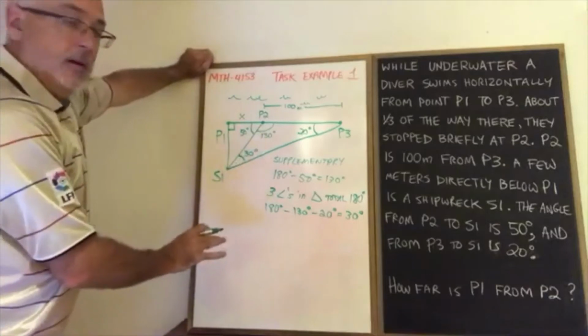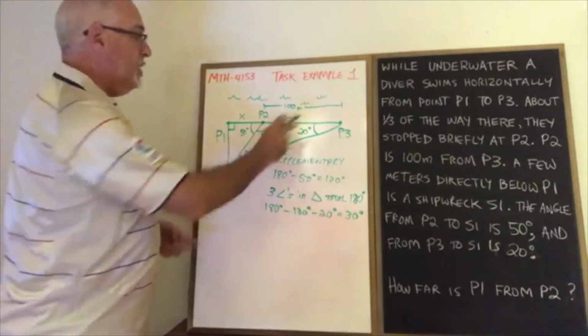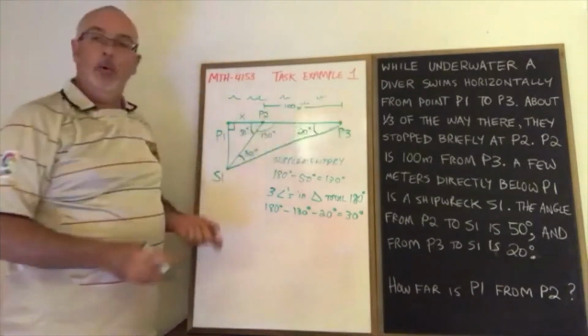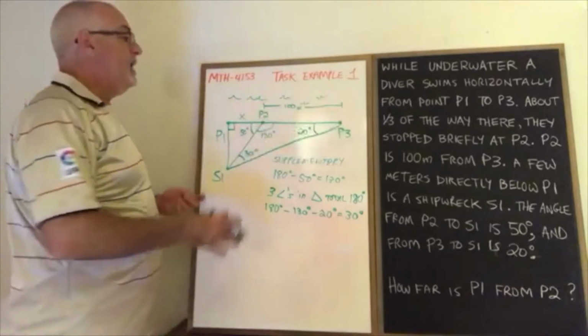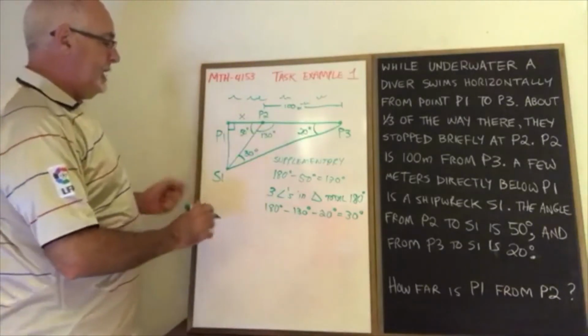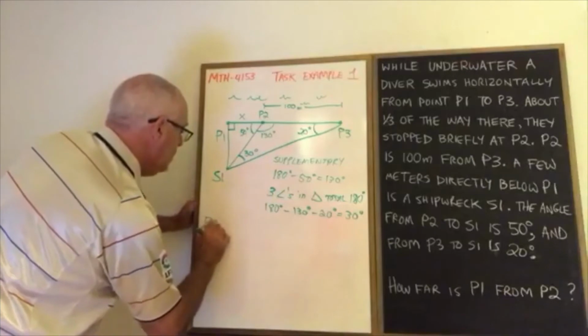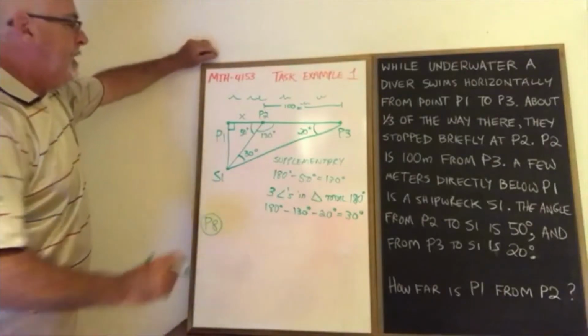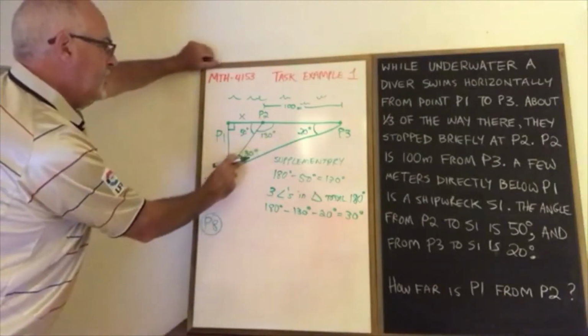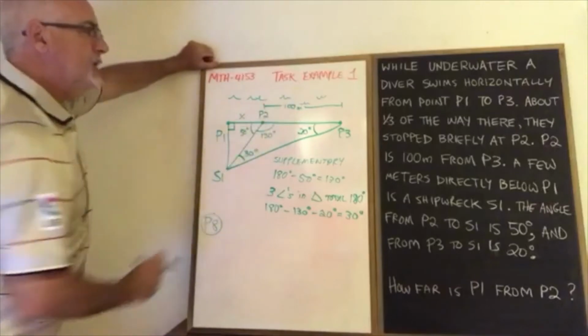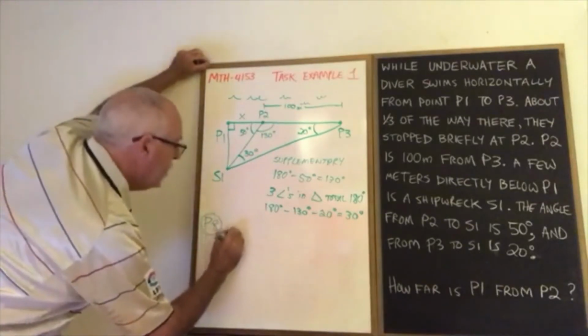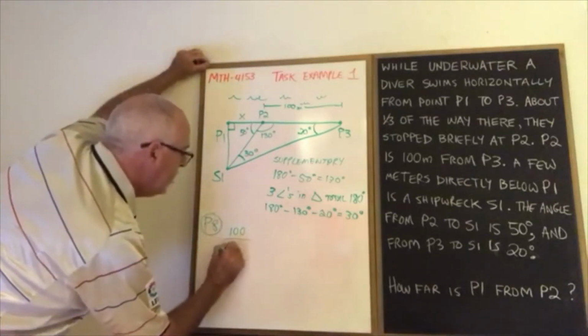Now I can do sine law. I can't do SOHCAHTOA with triangle P2, P3, S1 because it is not a right triangle. I can do sine law, principle 8, so I'm going to say principle 8. I know the 30-degree angle and the opposite side 100 meters. So 100 over sine 30